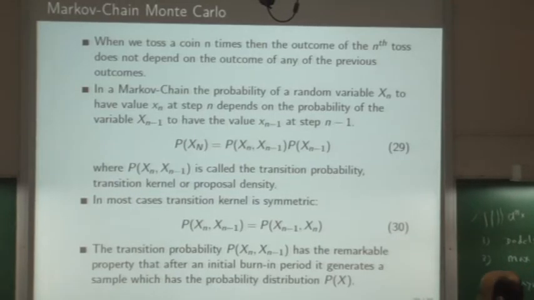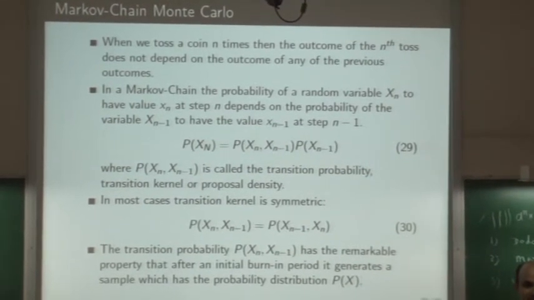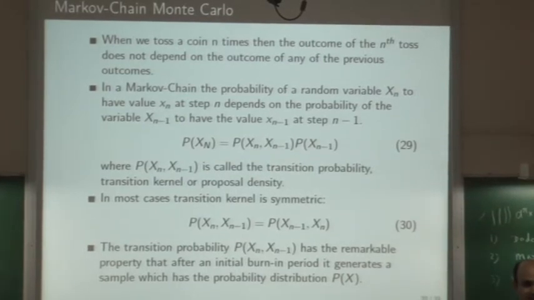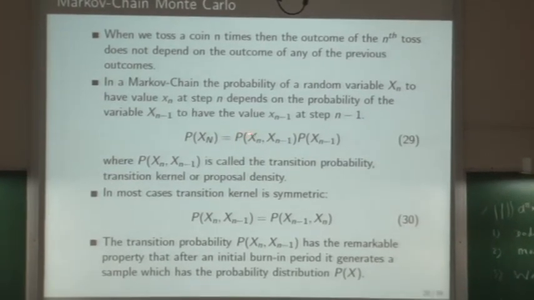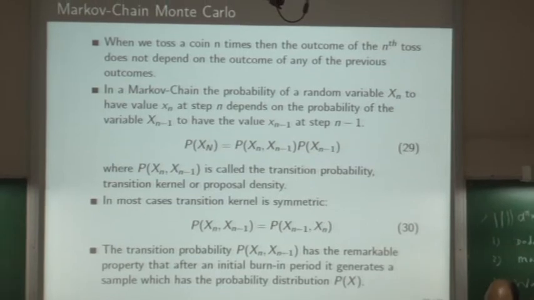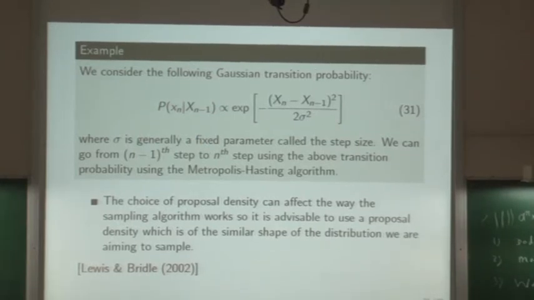For example, this transition probability reminds me of quantum mechanics also. In quantum mechanics, there is an initial state and a final state, and then there is a function, the transition probability, which takes you from initial to final. That comes as e to the power Hamiltonian and something. So that's exactly what it is. Precisely, this is the transition probability, which can be taken as a Gaussian also, though of course you can take any other transition probability too.